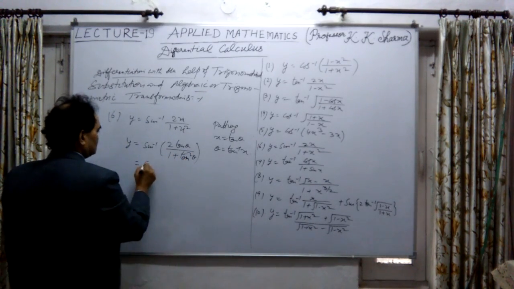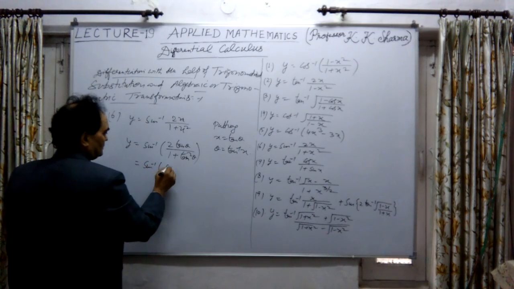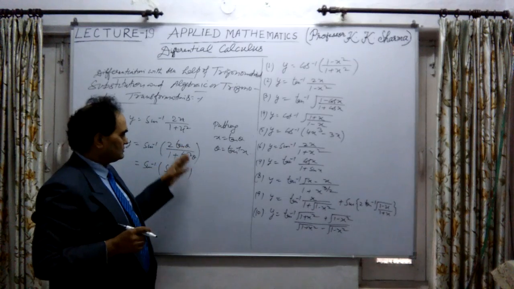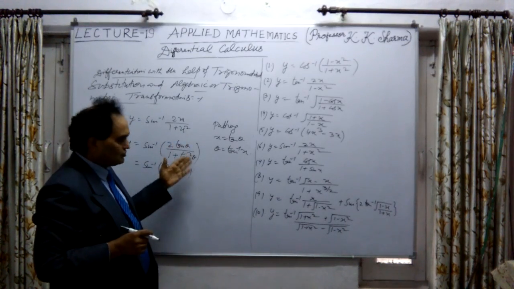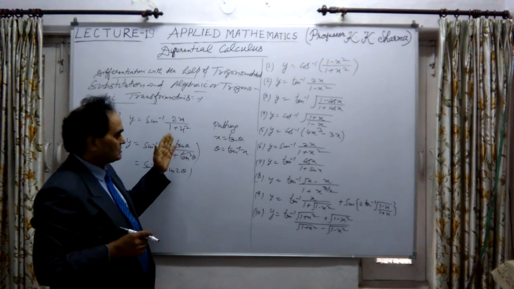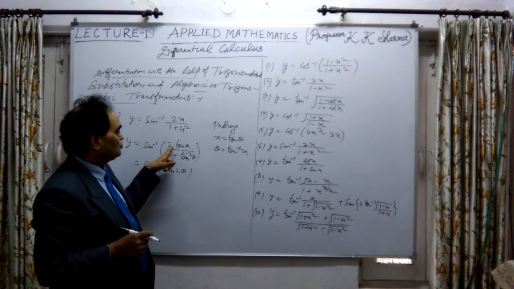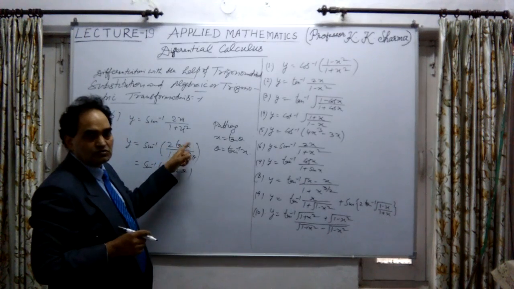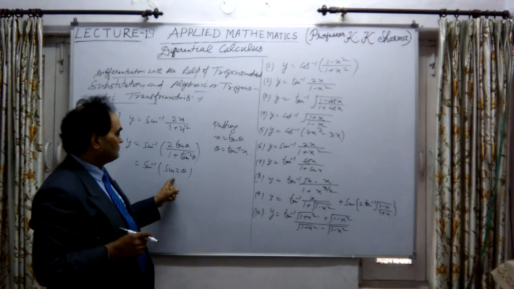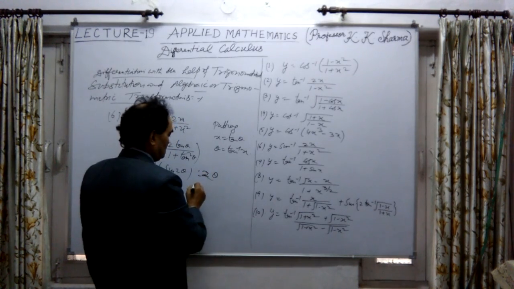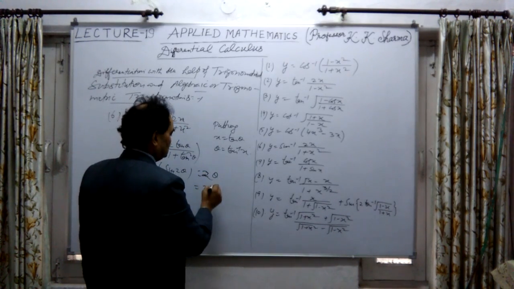and this is nothing but sine 2 theta. This is the formula of sine 2 theta. If I convert tan into sine theta upon cos theta and solve the whole expression, you will get 2 sine theta cos theta. 2 sine theta cos theta is sine 2 theta. The same formula will be obtained, so sine inverse of sine 2 theta gives 2 theta. That means 2 into tan inverse